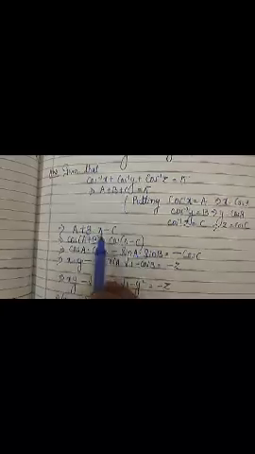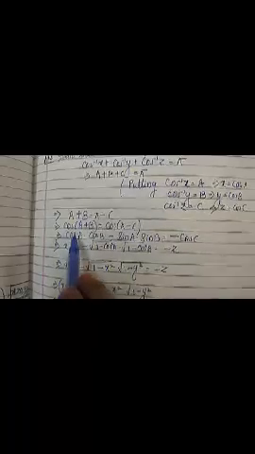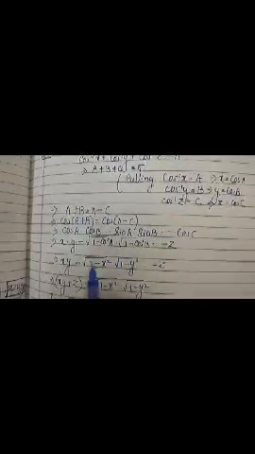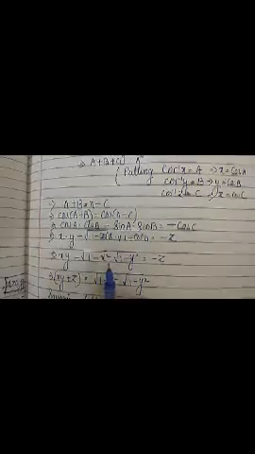So a plus b is pi minus c. Cos of (a plus b) is equal to cos of (pi minus c). Right. So cos of (pi minus theta) is minus cos theta. You know the formula for cos of (a plus b): cos a into cos b minus sin a into sin b. Now cos a we have taken as x, cos b we have taken as y, minus root over of (1 minus cos square a) into (1 minus cos square b). That is root over of (1 minus x square) into root over of (1 minus y square) is equal to minus z.